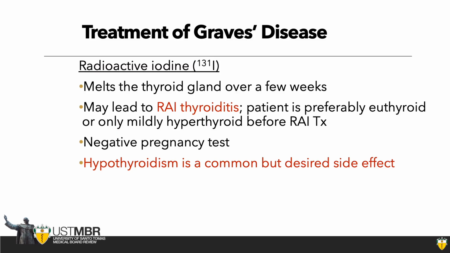So we melt it down by giving higher doses of radioactive iodine because it has beta particles. It can destroy the thyroid gland over weeks. So hypothyroidism is a desired side effect. Okay, so if you just make them euthyroid, after a few years they'll become hyperthyroid again because the autoimmune antibody